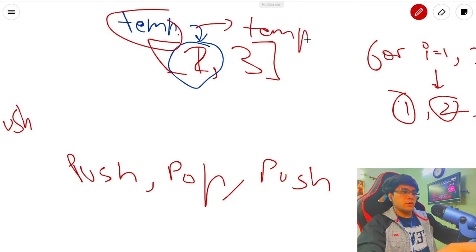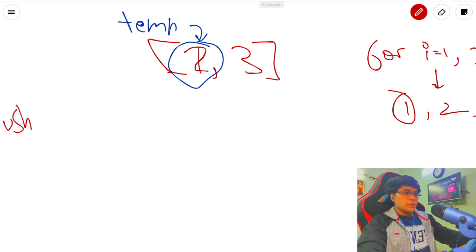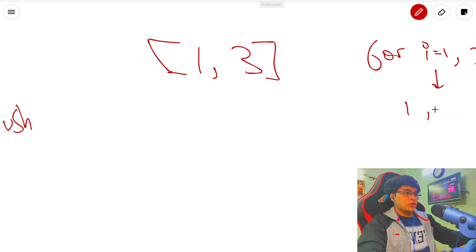Temp would come over here, then here. Then i keeps on increasing, so it's 3, then again push. So for this, if the target array was 2 comma 3, then the answer would be push pop push push. But instead, if it is 1 comma 3, for the first case, when it is 1, then what we are doing is, it is equal to temp,